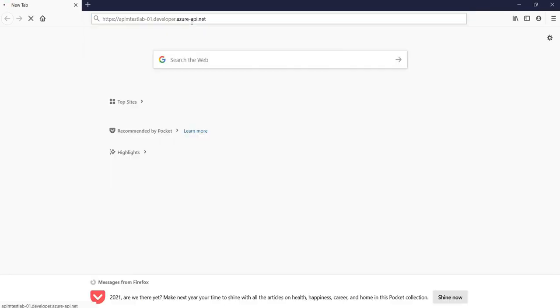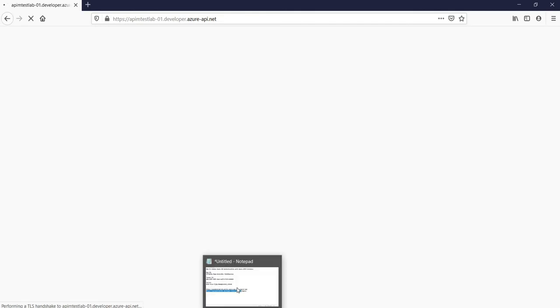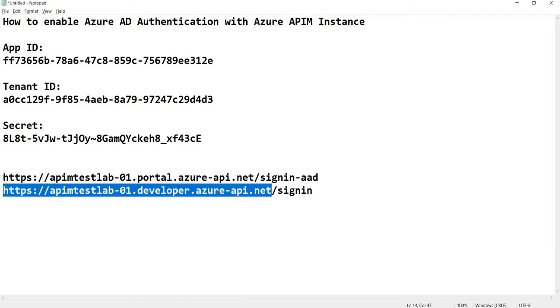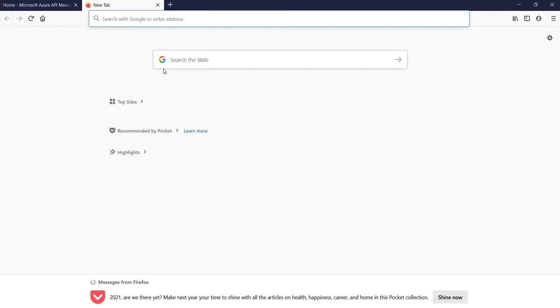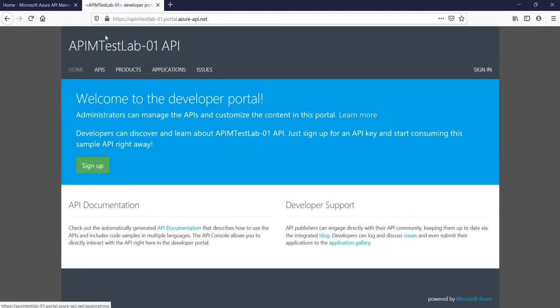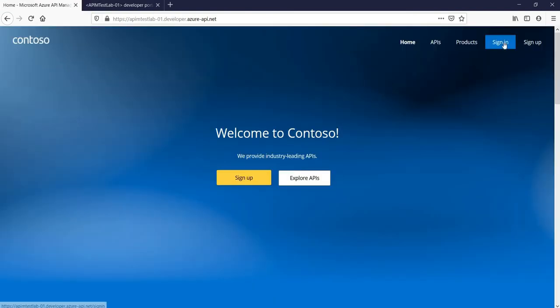So let me enter the URL of the developer portal as well as the legacy portal. Yeah. Now let me try to sign in on the legacy portal as well.